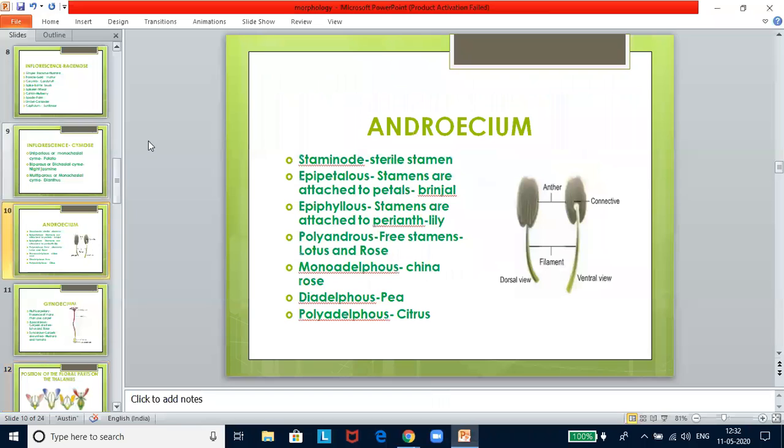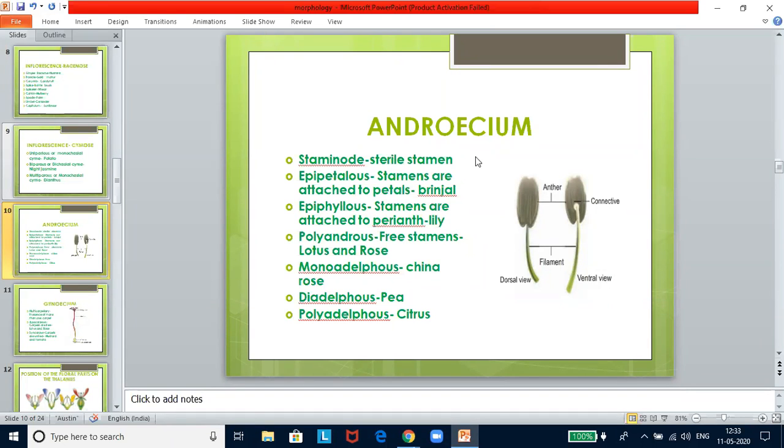This is very important. So androecium, you know that it is made up of a stamen, and this stamen has got a filament here, and this has got the anther. Within the anther you will find the anther lobes, and within the anther lobes pollens are produced. This you will learn in grade 12, first lesson, second lesson. Then I'll be explaining it to you in detail.